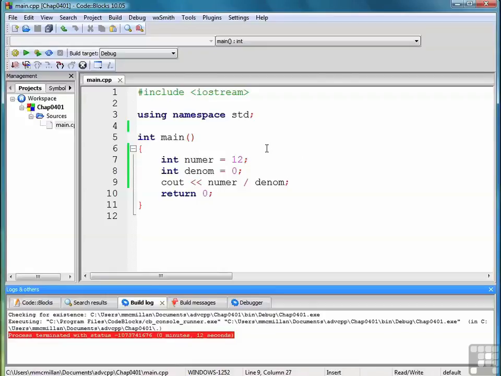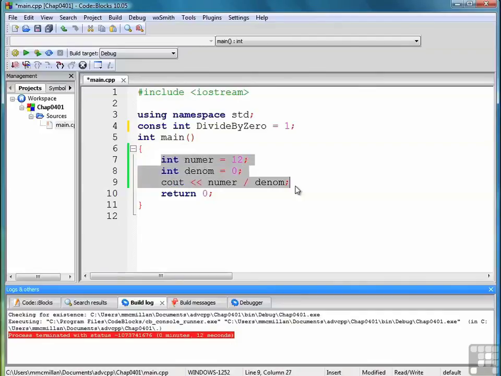Let me show you a very simple example of how to use exception handling, and then we'll develop it further in the coming lessons. First thing I'm going to do is come up to the global area, and I'm going to create a constant, divide by 0, and we're just going to set it to a value. It really doesn't matter what the value is. Now, to keep divide by 0 errors from occurring, we need to put our code that we're going to test inside what's called